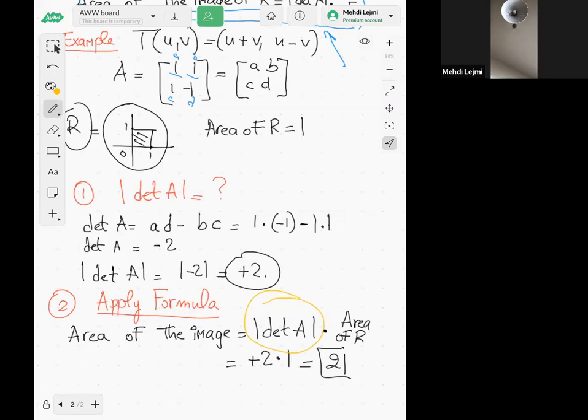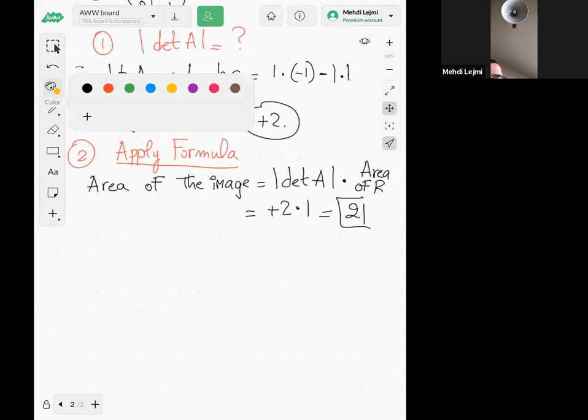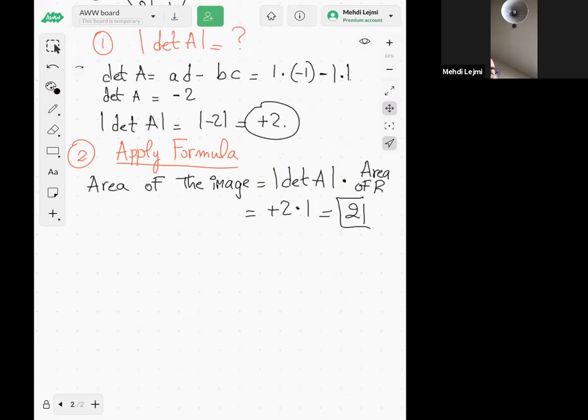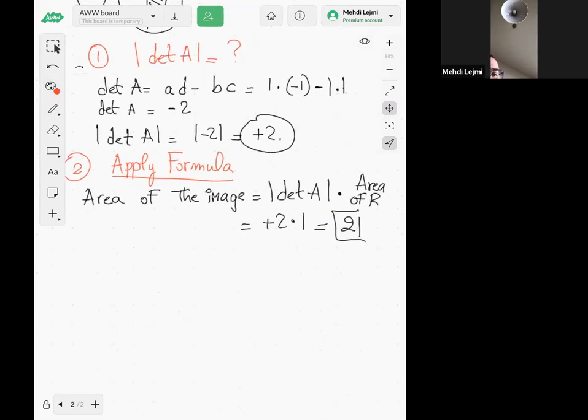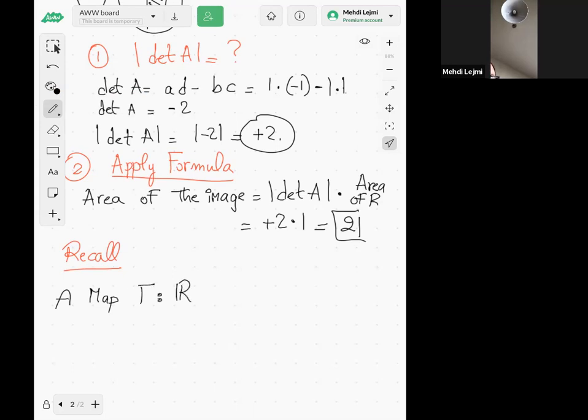Anyway, another nice property of linear transformations is that they are actually one-to-one. So what do I mean by one-to-one? Let me just remind you, what do I mean by one-to-one maps? This is a very general definition. A map T, let's say from R2 to R2,